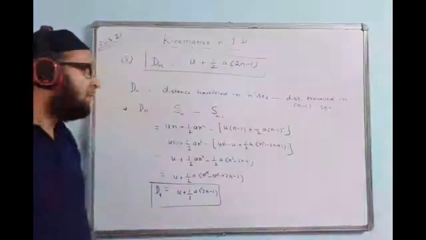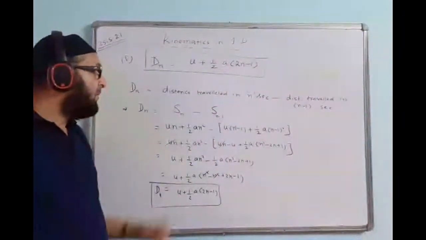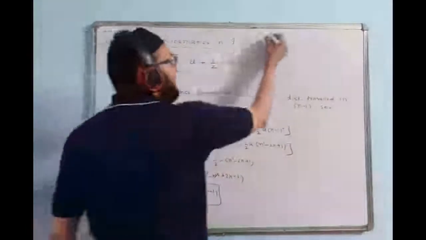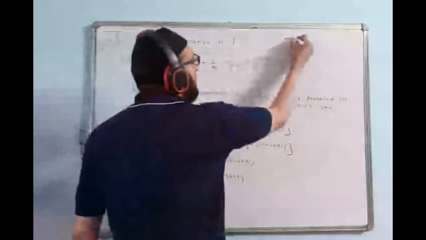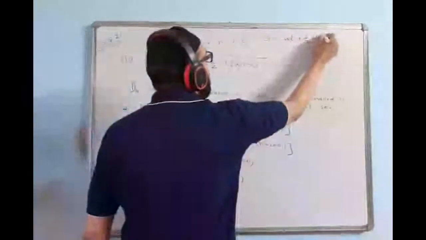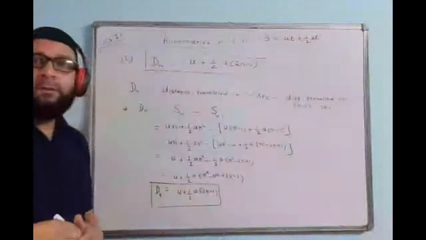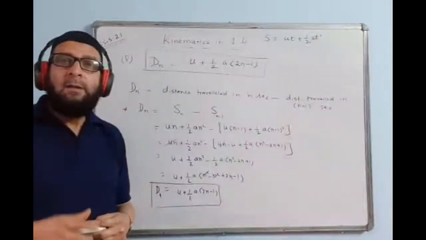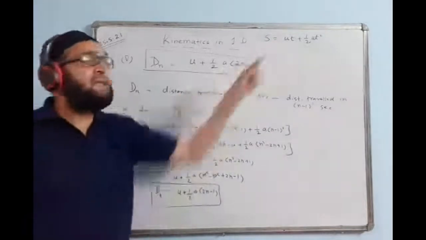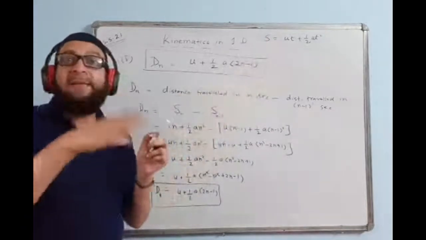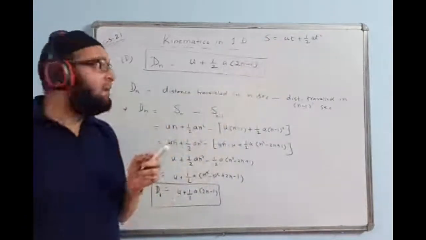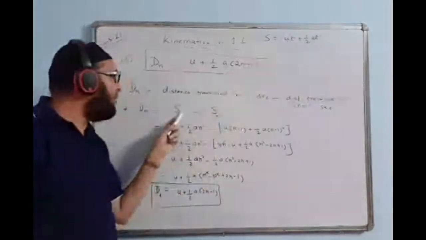Okay, what is the formula of distance moved by the body in 10 seconds? What is the formula? Ut plus half at square. You know this formula. This time, what is t? T is the time, the distance moved by the body in t seconds. Instead of t, it is n over here. I like n.